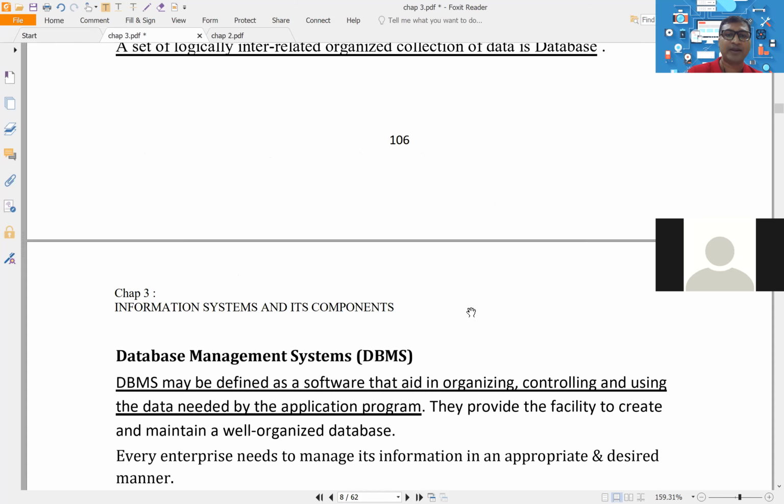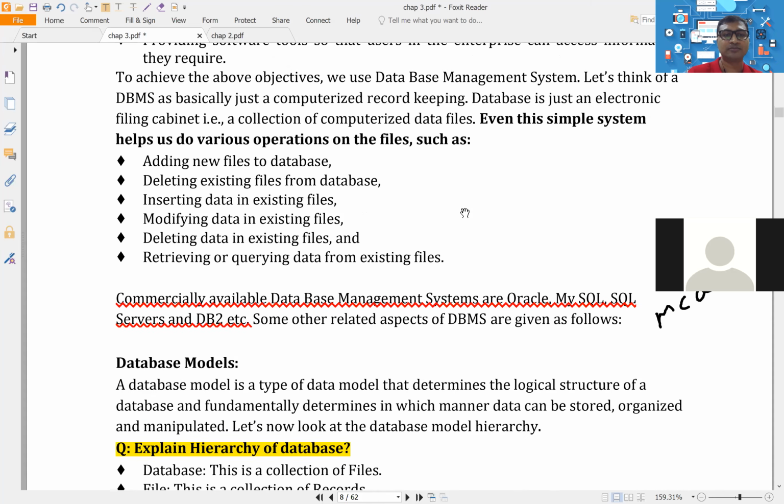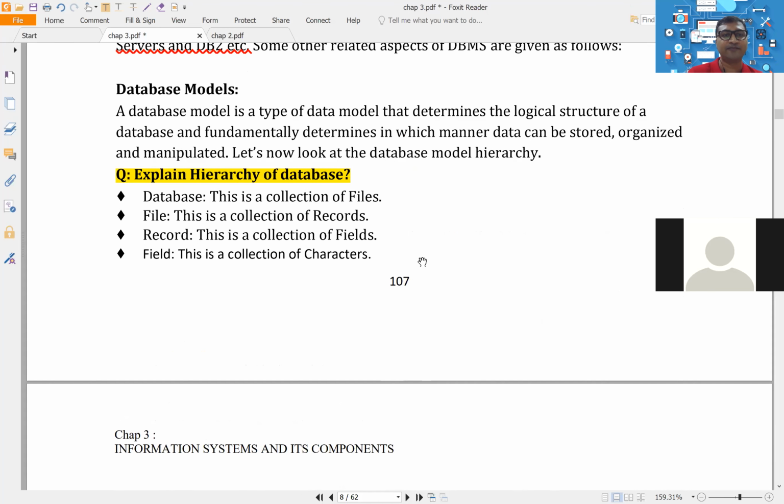And here, apart from these concepts, we have also done some important functions. For example, if you remember, I gave one table where my name and number were there. I told you that a database is a collection of files. I told you in that diagram, if you remember, that a file is a collection of records, a record is a collection of fields, a field is a collection of characters, and a character is a collection of bits. Remember, I told you that such kind of things they can also ask in MCQ.